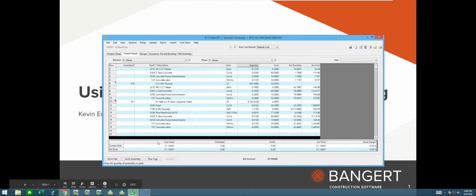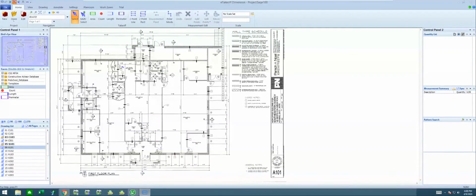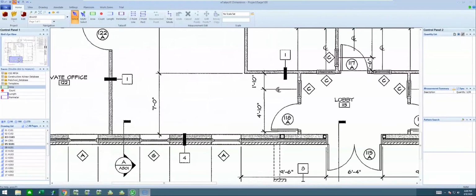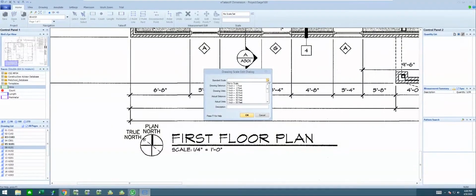So there's my Sage 100. And I'm going to also bring eTakeoff up. And I want to go to something that has a floor plan here. And I'm going to set the scale. So in this case here, I'm going to grab my bird's eye view and drop it down here. So it looks like I'm looking at a 1/4 inch. So we're just going to set the scale for 1/4 inch, even though I'm just measuring square footage. Counting stuff, it won't be needed, but at least we'll have the scale set.